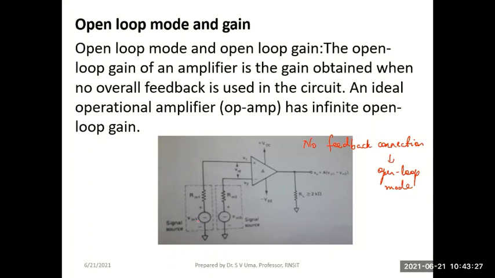See, I am showing you an example where we have connected two signal sources. This is a source Vin1 and this is a source Vin2. We have connected two signal sources at the op-amp non-inverting and inverting terminals. And the output will be equivalent to the open loop gain times the difference Vin1 minus Vin2. Voltage given to the non-inverting terminal will always be taken as positive. Voltage given to the inverting terminal will have a negative sign when it comes to the output. So the output voltage is given like this.